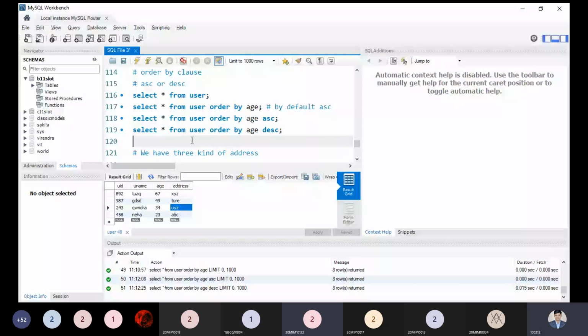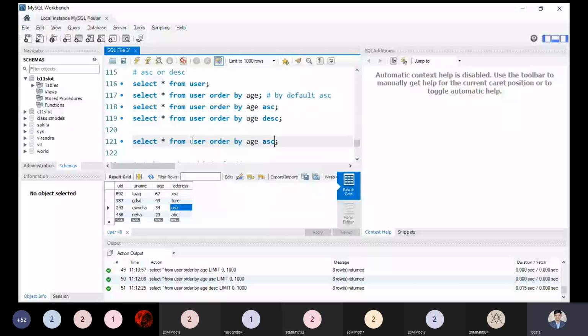We can't use AND here. So SELECT * FROM user ORDER BY age ASC, UID DESC. We can put it like this. As per the order, first your data will be sorted by age in ascending order, and then by UID in descending order. First it will be sorted in ascending order on the age data, and then the information will be sorted in descending order according to the UID data. No problem. Let me execute this. So we can write like this. This is right. You will be able to see.